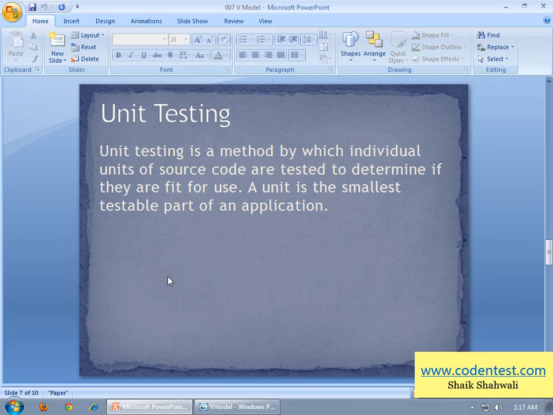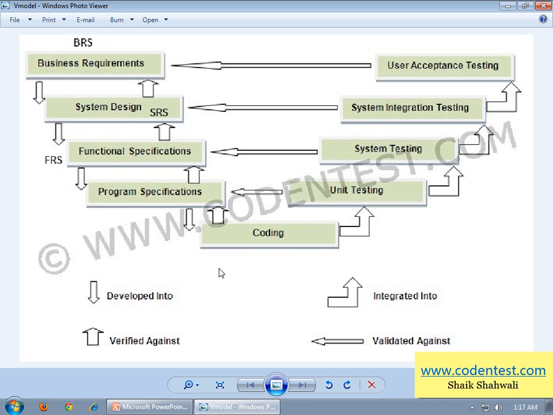Testing in this phase is validated against program specifications.